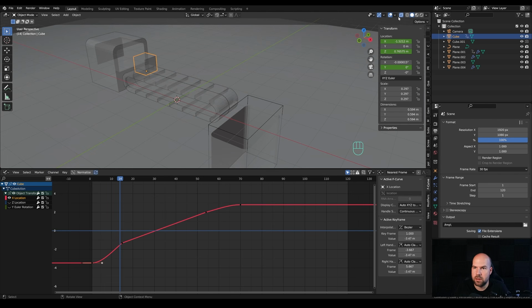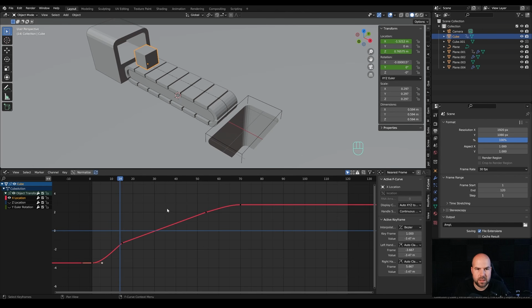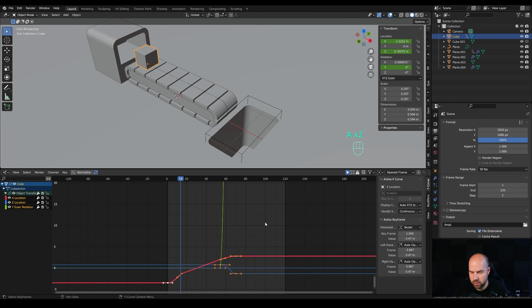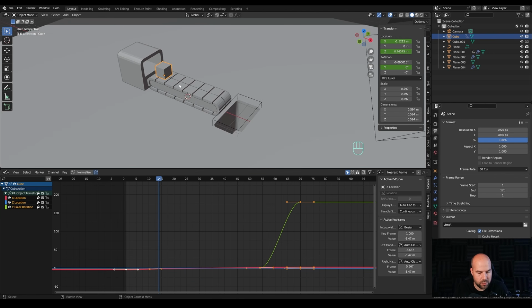And now the last part I want to do, let's disable the X-ray, is to basically duplicate these boxes, so there are multiple of them. And the easiest way to do that is basically just to use Alt-D to duplicate the box, right click to release in place, and now you can separate the animation, because now both of these cubes have the same animation, as you can see, and we want to have the object of the same data, but we want to separate the animation.